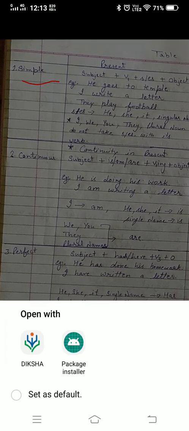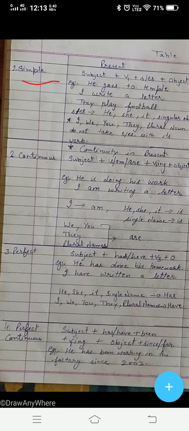In the second column we will write continuous. Continuous means present continuous tense, past continuous tense, future continuous. And the third we will write